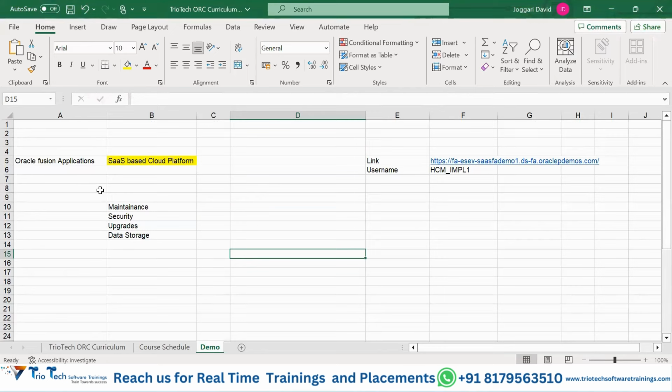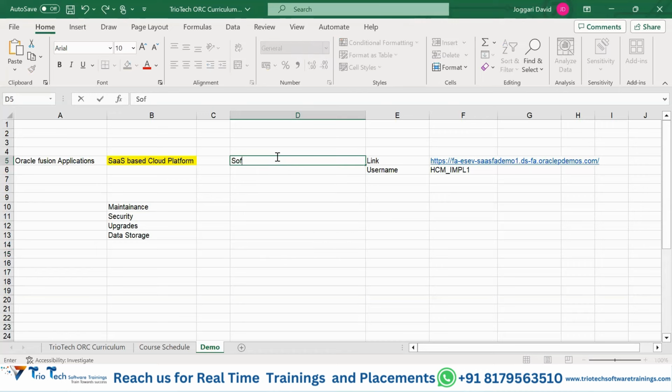Now, Oracle Fusion application is a SaaS-based cloud platform. From past few years, you might have heard the word cloud technology. One such application is Oracle Fusion. Oracle Fusion application is also a cloud-based technology. When I say cloud-based technology, what is it? Is software